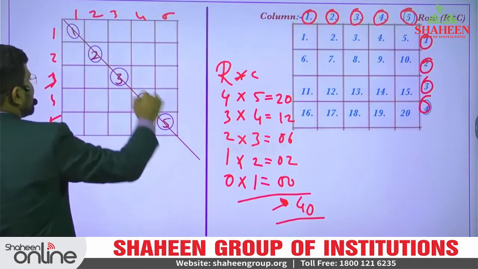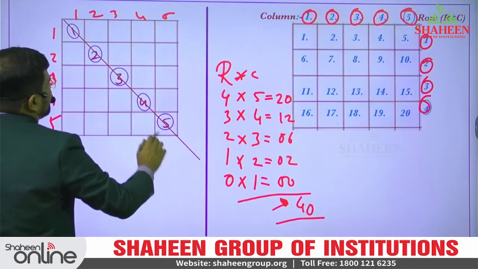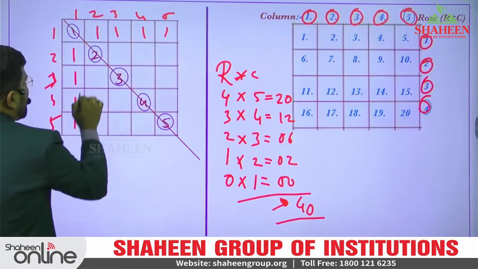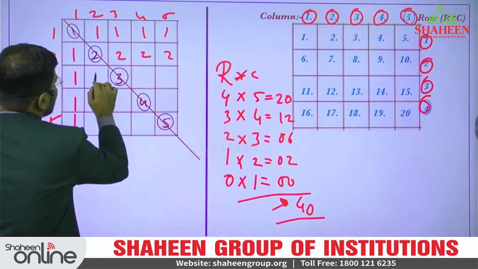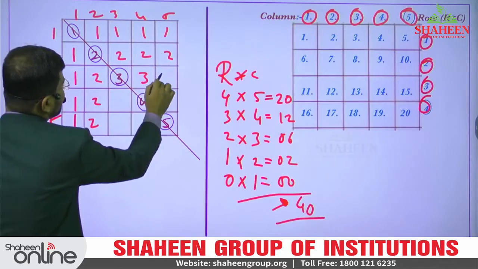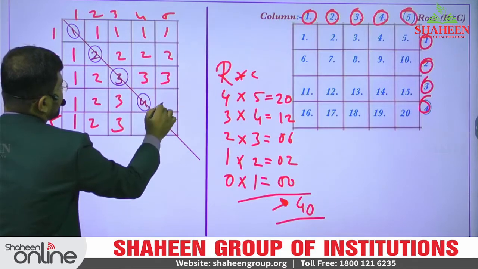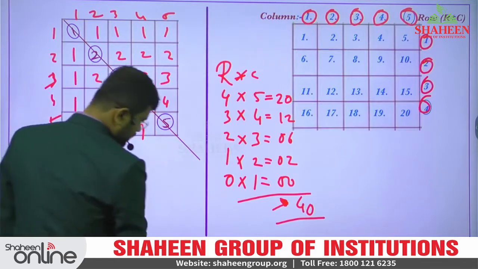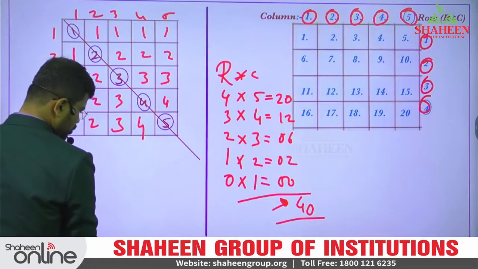Look at here. On the diagonal, I have written 1, 2, 3, 4, 5. Now, okay, 1, 1, 1, 1, 1, 1, 1, 1. 2, 2, 2, 2, 2, 2. 3, 3, 3, 3. 4, 4. Yes. Look at here. Okay. So